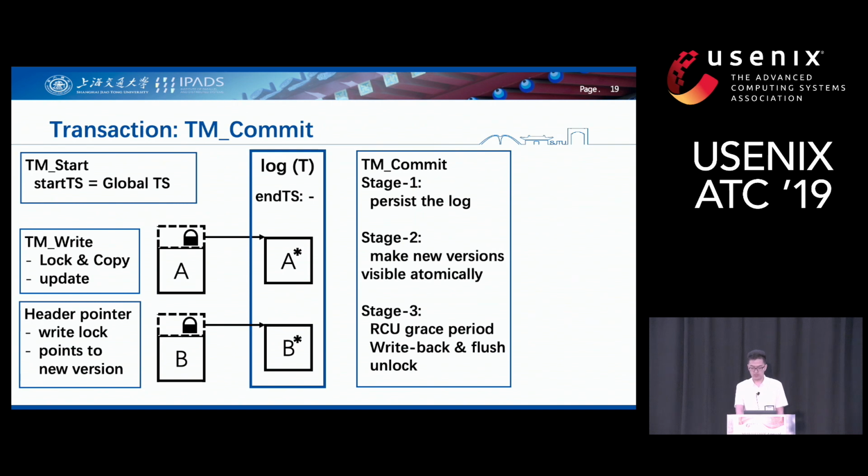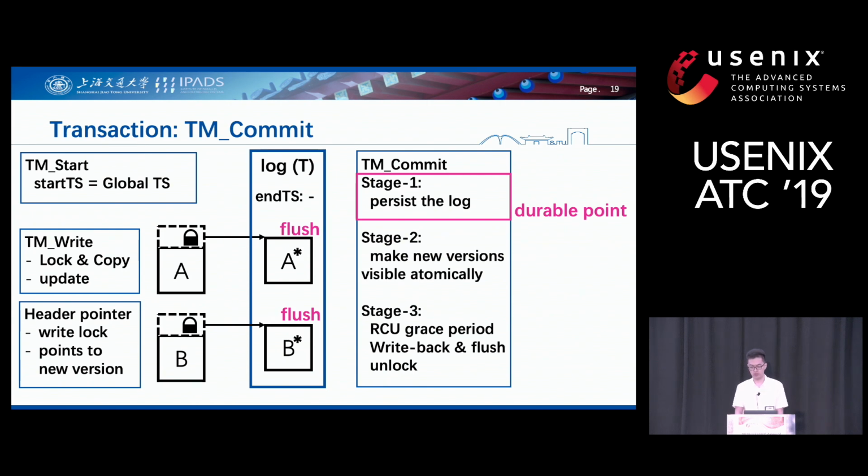For read-only transactions, Pisces directly commits them without any operation. While for read-write transactions, Pisces commits them through a three-stage commit. In the first stage, the persist stage, a transaction has to flush the object copies in its log to NVM. A transaction reaches its durable point at the end of this stage because its log is durable and will be